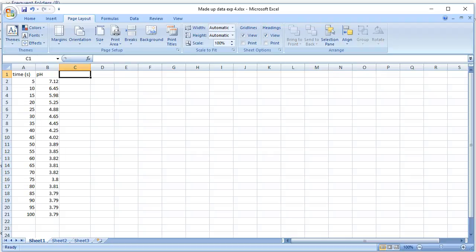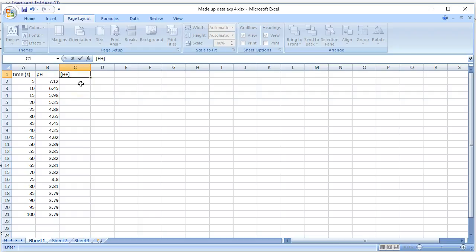Hello and welcome to this video that's going to show you both how to complete your tangent line and do a really easy set of calculations, or have Excel do the calculations to convert these pHs over into H+ concentrations. So first thing I'm going to do is label the column I'm about to enter. I'm going to put H and then plus. Now I would put a superscript plus for this particular label here if Excel allowed that,